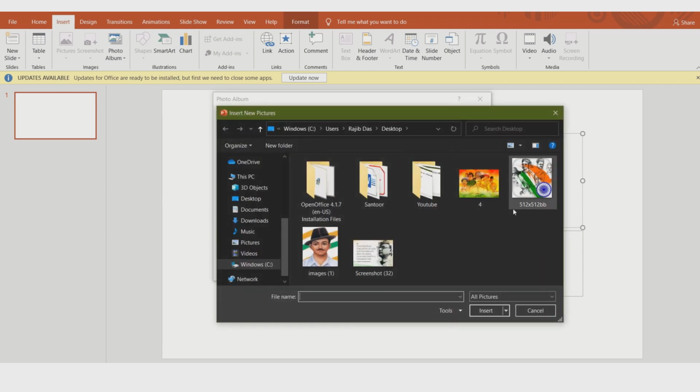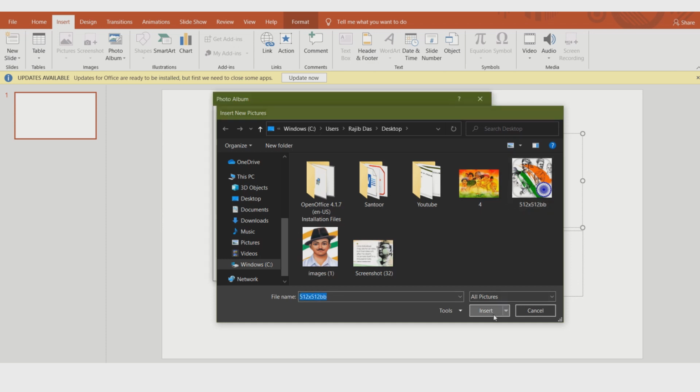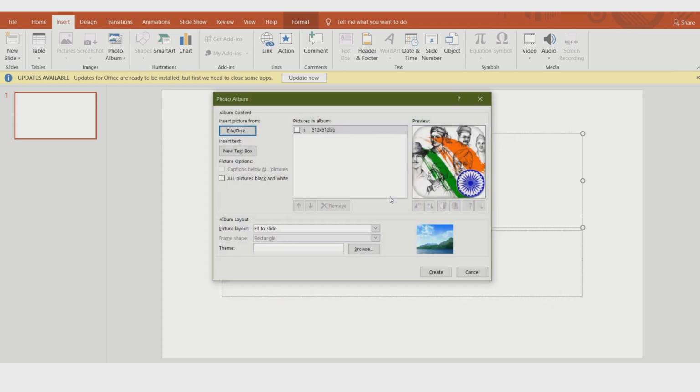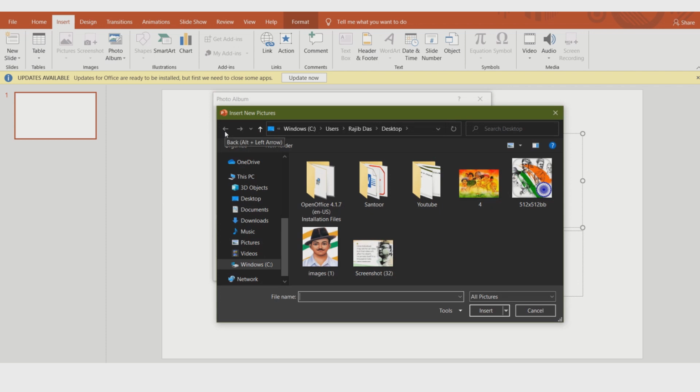See, some photos are there, and I will choose these photos one by one. First I am choosing this one, and then Insert. See, my photo is already inserted. Then another one, same procedure.